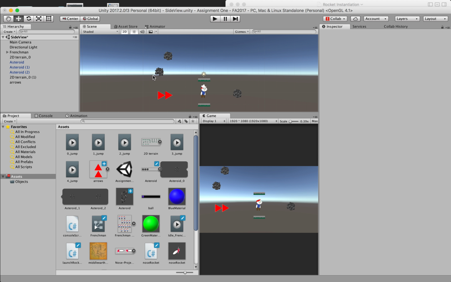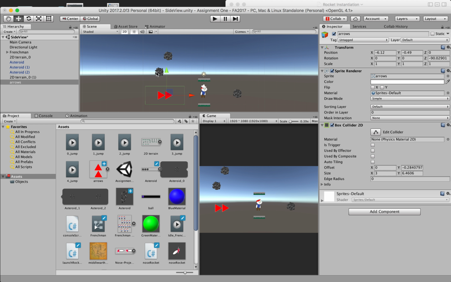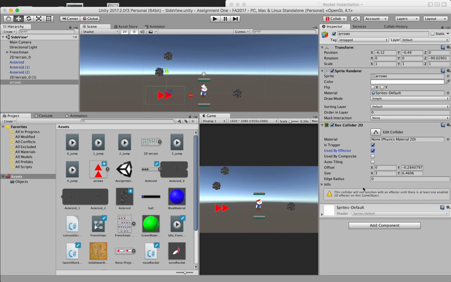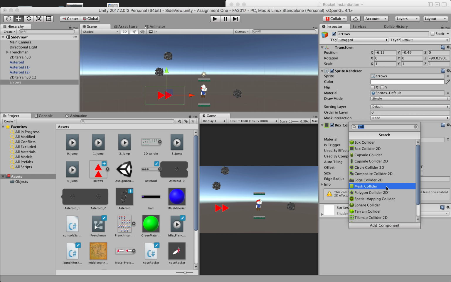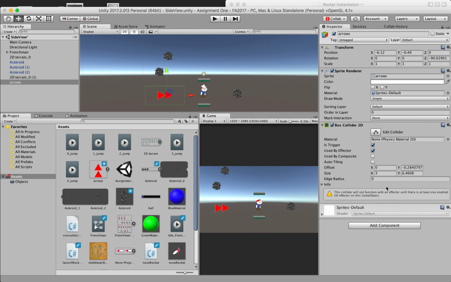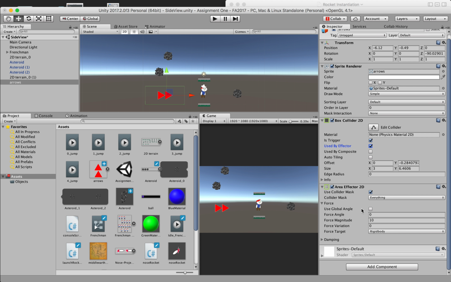So if anything falls into that space, let's say an asteroid falls in here, then it hopefully will be pushed into this area that's defined by the collider. And remember, we said that colliders act as boundaries for our objects. In this case, we want the asteroids to fall into this area, so we need to first check this as is trigger, and then we'll check is used by effector. Then we're going to add AreaEffector 2D. So it's been added there, and we can decide